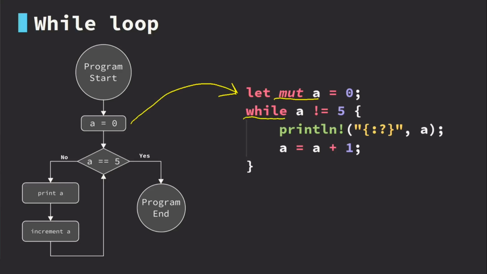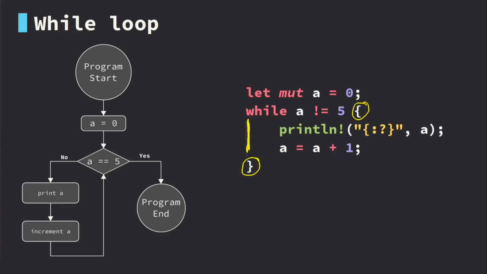The while keyword creates a loop based on a condition. In this case, the condition we're checking is to see if a is not equal to 5. In Rust, an exclamation point followed by an equal sign means check to see if not equal. In our particular case, a is equal to 0 at this moment, so this will evaluate to true since a is not 5. Since it evaluates to true, we will then enter the block of the while loop and begin